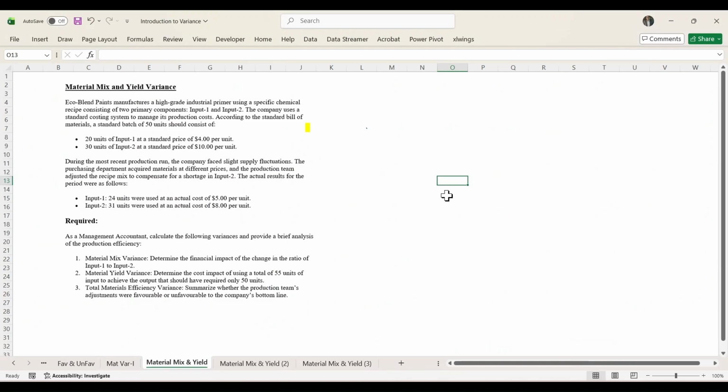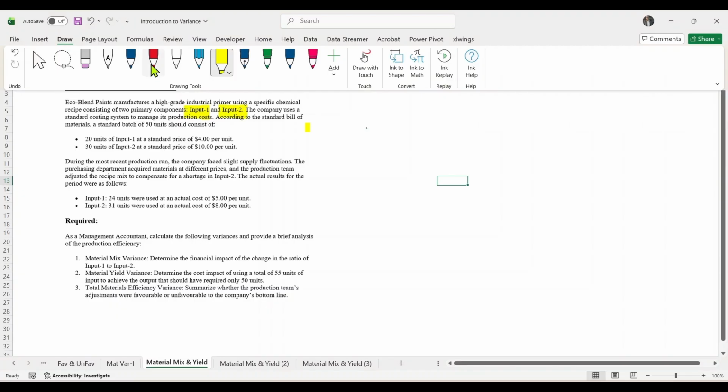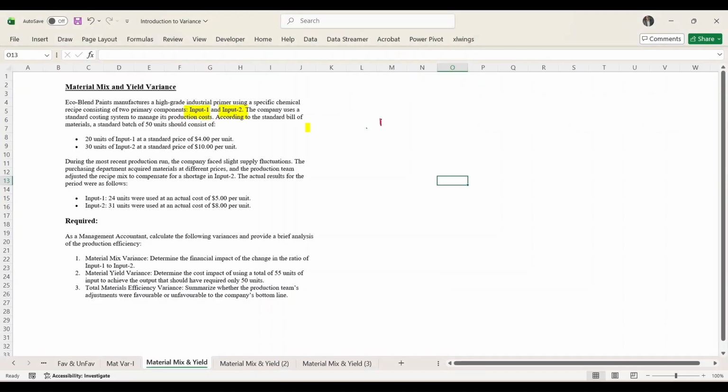So now we'll do an example of a question where we'll see how to do the material mix and yield variance. So in this question, there are two inputs, input 1 and input 2. So let's identify what we have to do. We have to find here